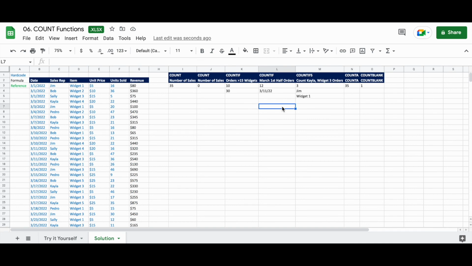Okay, so congrats everyone. You just learned about the count family of functions. To sum everything up, the count family of functions are extremely useful when trying to count the number of cells in a range. You can count on this session to help you understand how the count functions work and examples of how they can be used with a sample data set. And let's keep taking your spreadsheet knowledge beyond what you thought was possible.